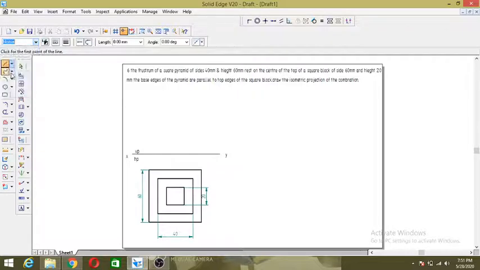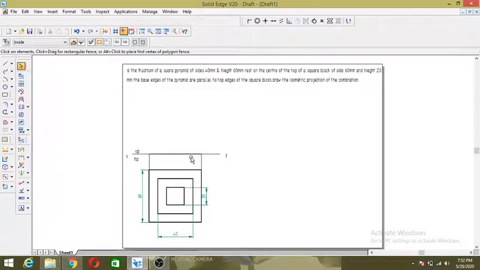Use normal lines to project. Okay, project this. Then again use the visible line. How does it look when you are viewing from the front?